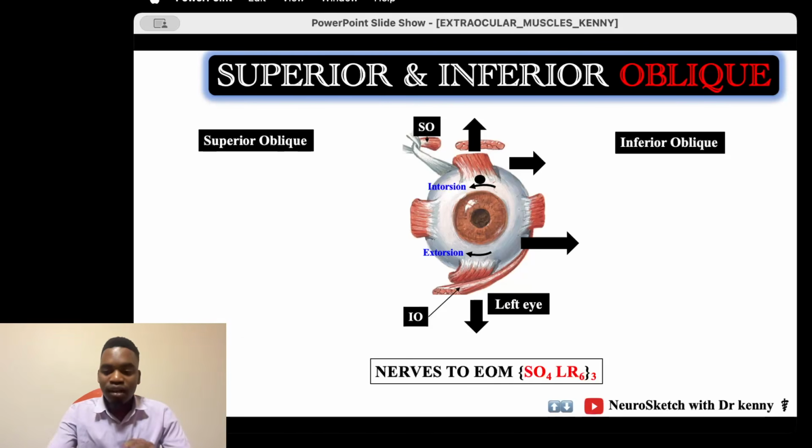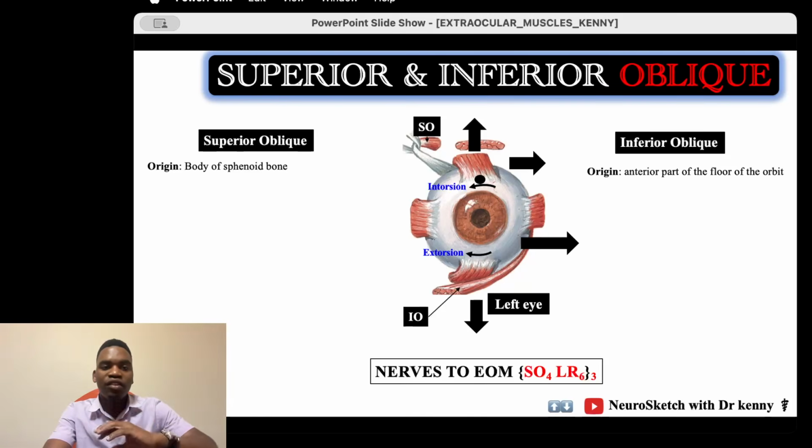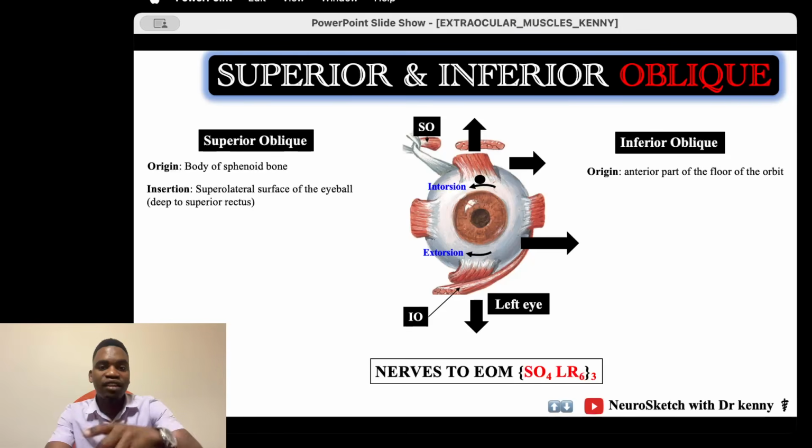The superior oblique muscle will originate from the body of the sphenoid bone, just medial to the common tendinous ring, and the inferior oblique muscle will originate from the anterior part of the floor of the orbit, but on the medial side. So it comes from the medial to insert to the lateral. This is the inferior oblique muscle. It comes from the anterior medial part of the floor of the orbit, and it inserts on the posterior